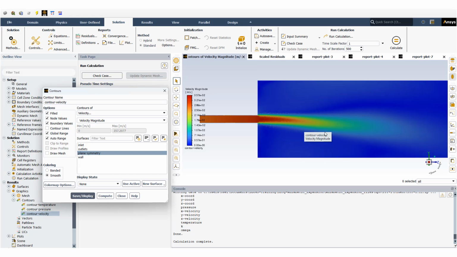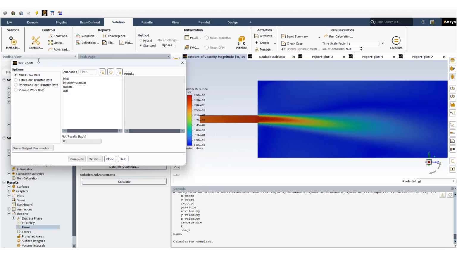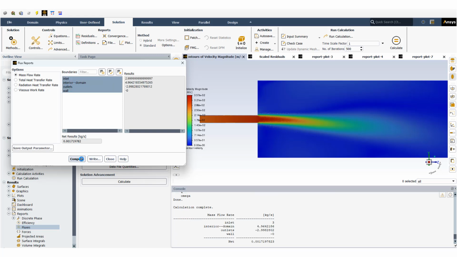Yeah, in the symmetry plane, 357 meters per second. Be sure to always check the mass imbalance and heat transfer balance. If we check everything, you can see the inlet and outlet that we have. This is important. The net result is 0.0017, still small,